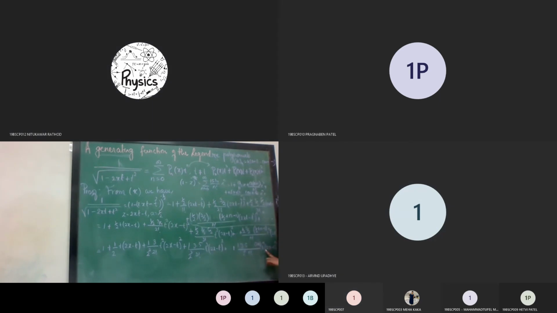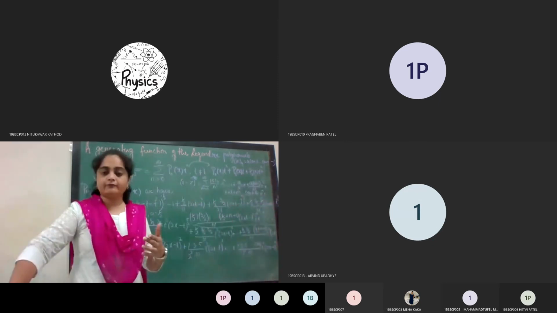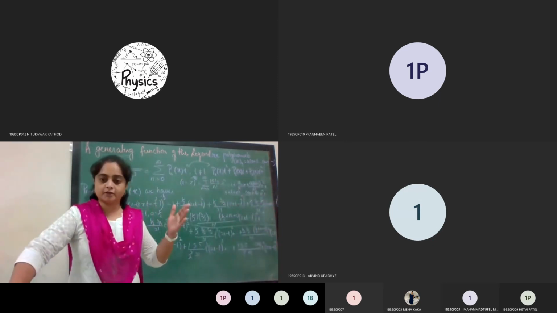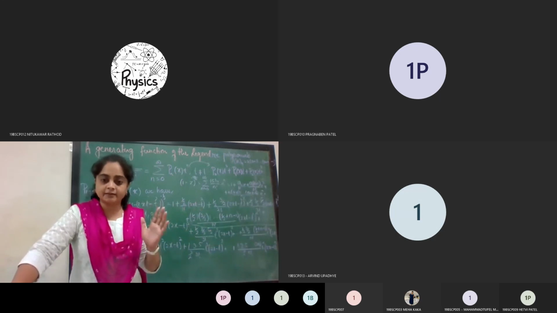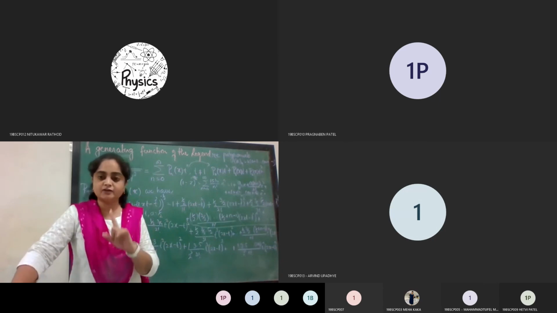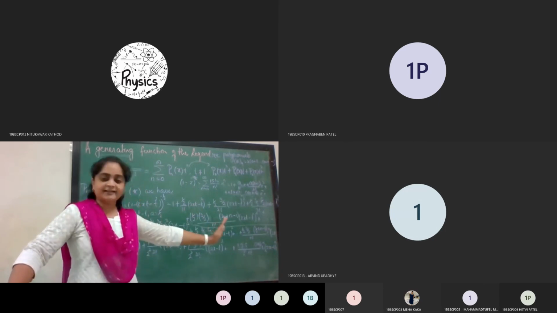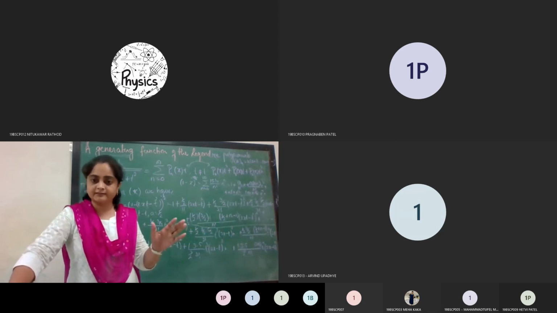Factor, you can see it is (2x minus t) whole raised to n, and already you have t raised to n. When you expand this you will again have powers of t, so in that way we have to find out the corresponding powers of t and then compare the corresponding terms. कौन से पावर्स कहाँ पर आएंगे, जब तक आप एक्सपेंशन नहीं लोगे आपको समझ में नहीं आएगा. So now what we'll do, we will try to expand this term in terms of t raised to n and then we will compare the corresponding coefficient.